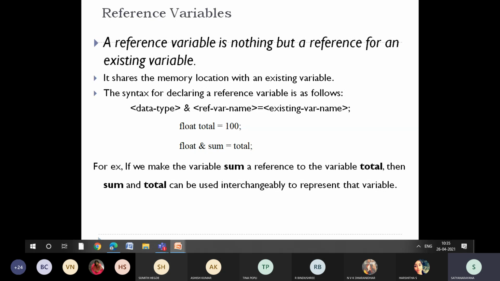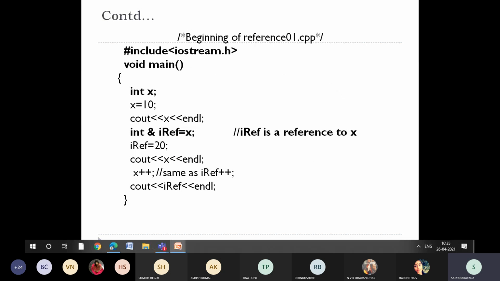If you are buying a new mobile phone and you install WhatsApp there, it will ask, do you want to restore old items? Where are those old items residing? In the same way in our programming, when you want to have a backup, you can work with reference variables like this, using the ampersand symbol. Now we will see a couple of examples of how these reference variables really help us in C++ programming.